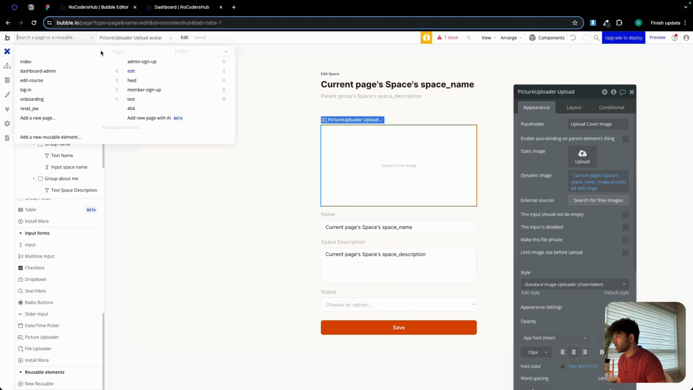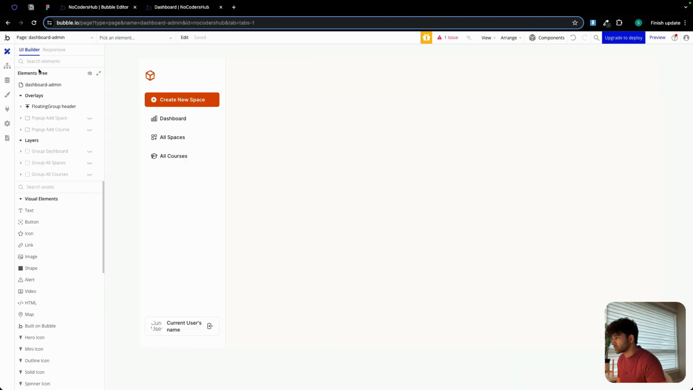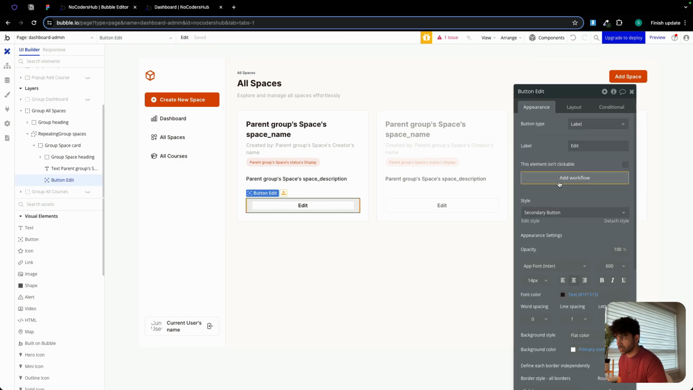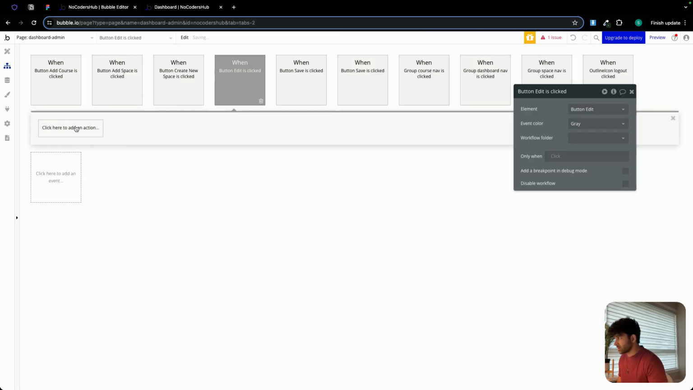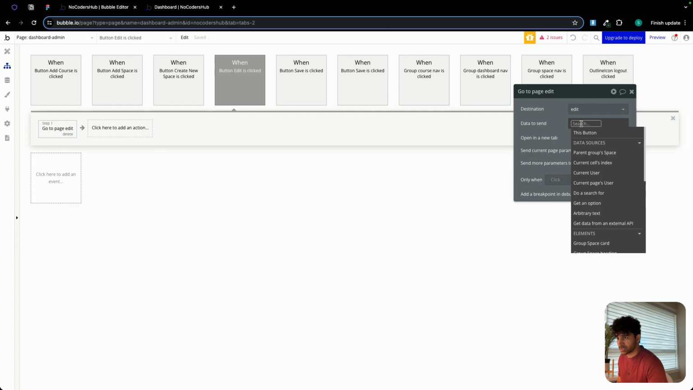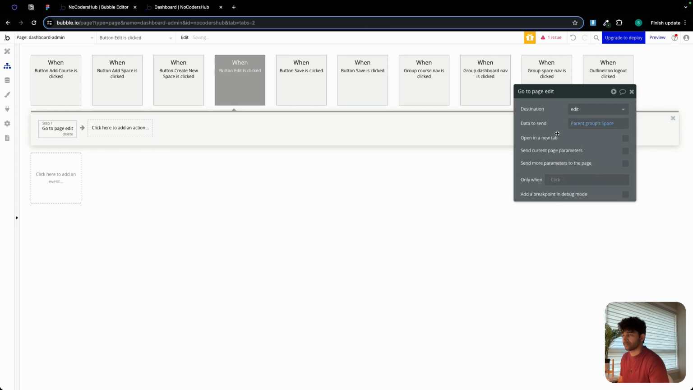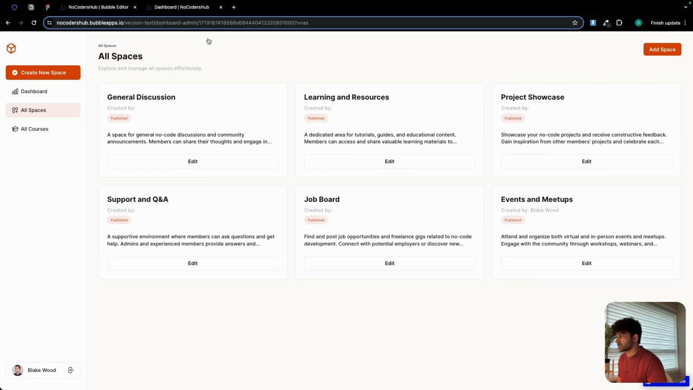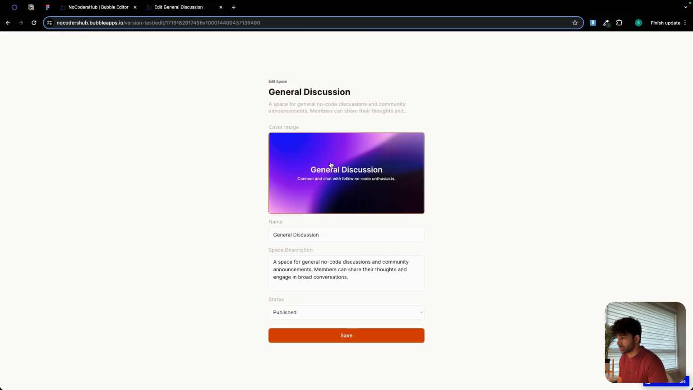Looks good. Now head back to dashboard admin and let's bring up group all space. So when user clicks on this edit button, I want to navigate the user to edit page. Data to be sent is going to be parent group space. There we go. So if I click on general discussion, I should be directed to general discussion. There we go. If I go back,